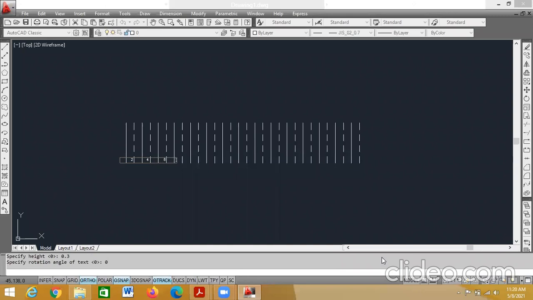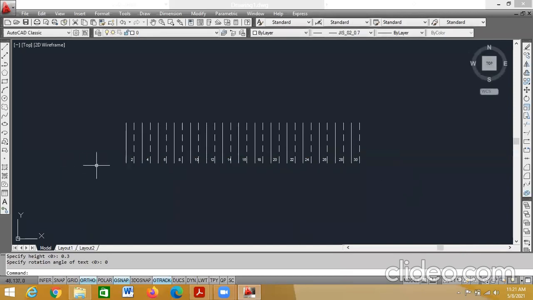I'm numbering only the even conductors. 8, 10, 12, 14, 16, 18, 20, 22, 24, 26, 28, 30. So click outside. Once it is over, then press the escape button.